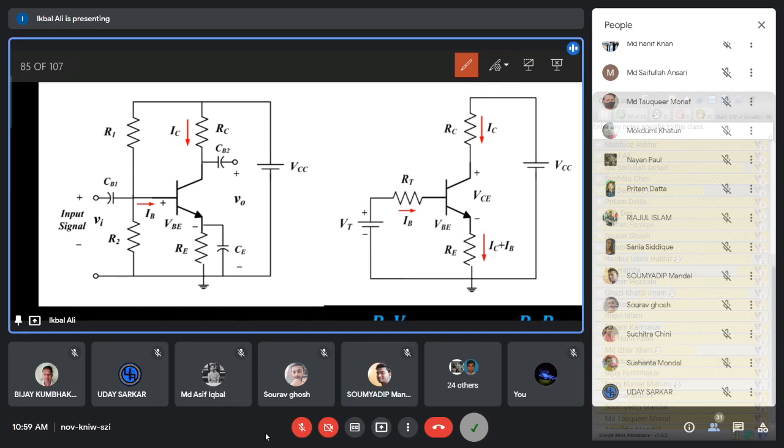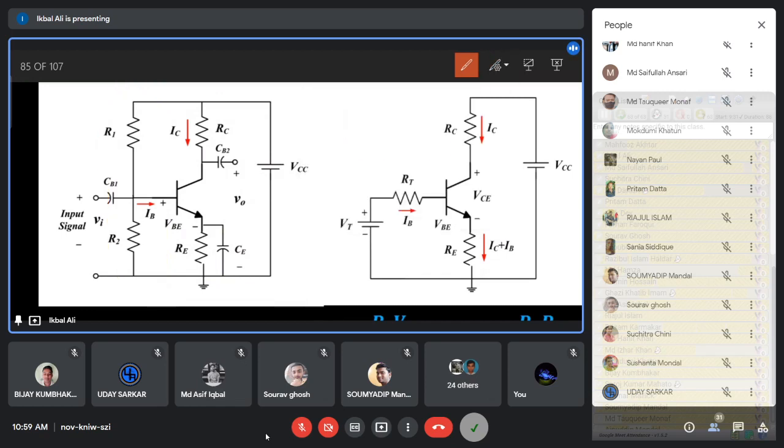Now, just carefully listen to what I am saying. Though this circuit looks very complicated for applying the Thevenin theorem, because it is not a conventional electrical circuit which contains only voltage sources, current sources and resistances, capacitances, mainly resistances. This network contains a transistor, which is a highly nonlinear electronic device. To apply Thevenin's theorem, you have to be a little bit careful. So we only avoid this transistor, and we can apply the Thevenin theorem on the input side of the circuit. We can easily apply Thevenin's theorem here.